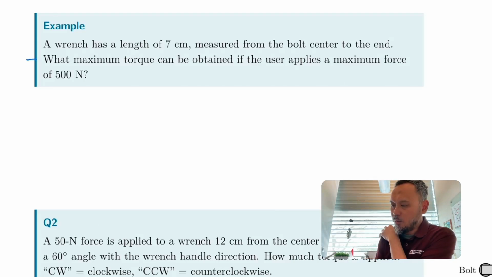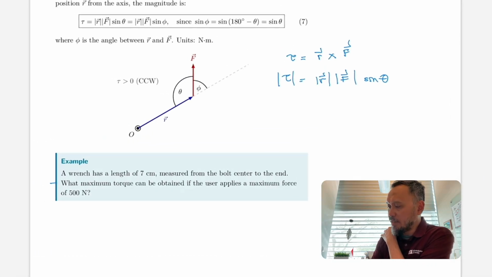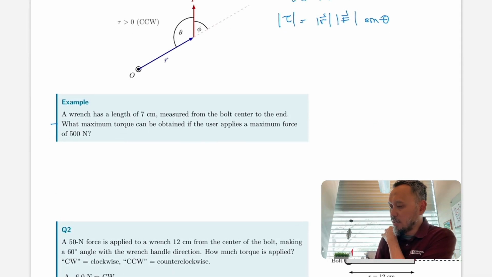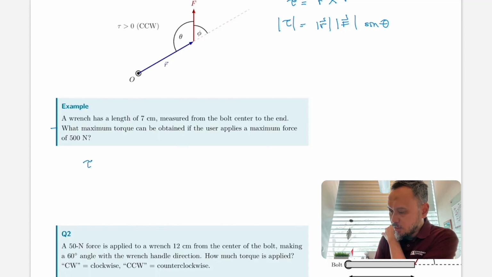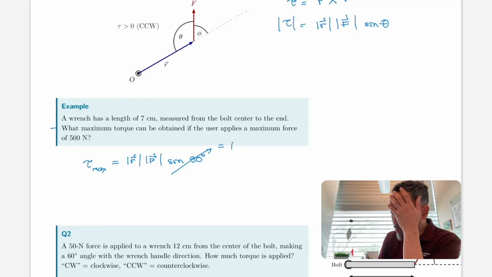Here we need to realize that the maximum torque occurs when sine theta is equal to 90 degrees, and sine 90 degrees is equal to 1. So the maximum torque is equal to 7 centimeters